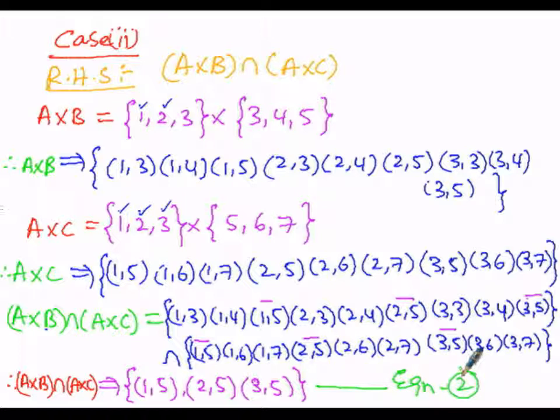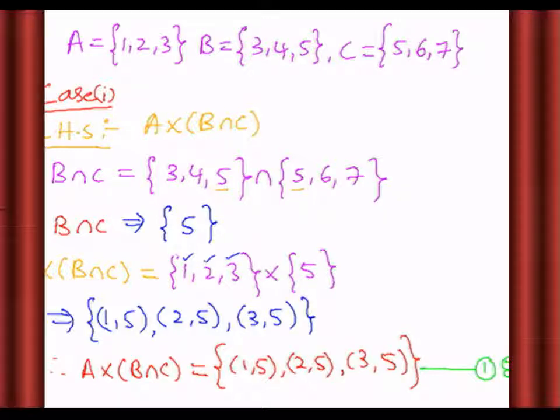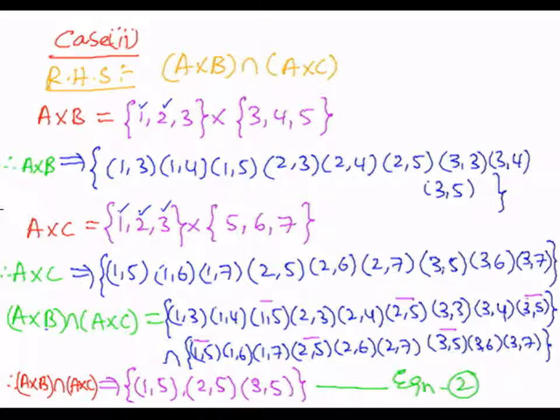Now let us observe equation number 1 and equation number 2. Equation number 2 is 1 5, 2 5, 3 5. Equation number 1 is also 1 5, 2 5, 3 5. So both the right hand sets are equal. So from equations 1 and 2,